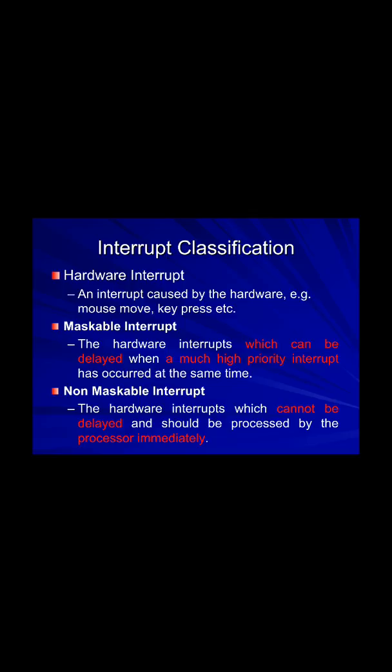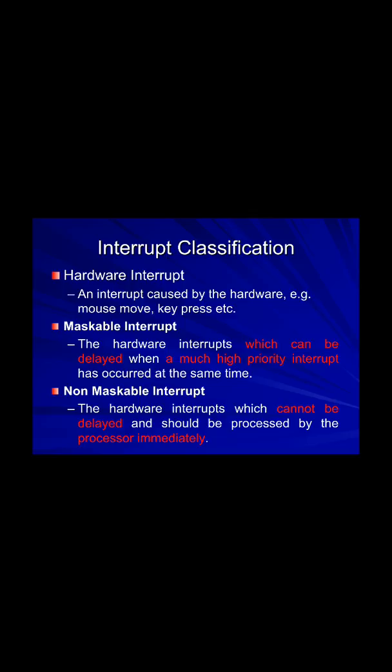Maskable interrupts are the interrupts that the processor can delay. I mean, an interrupt occurs, and the interrupt was seeking CPU time, and the CPU looked at the interrupt, and the CPU decides that this interrupt is of no importance. If I delay it, it will not harm the system resources. So the CPU can continue completing the allocated job and later on resume it as per its own availability. So this is called a maskable interrupt, that you can delay, your processor can delay it.